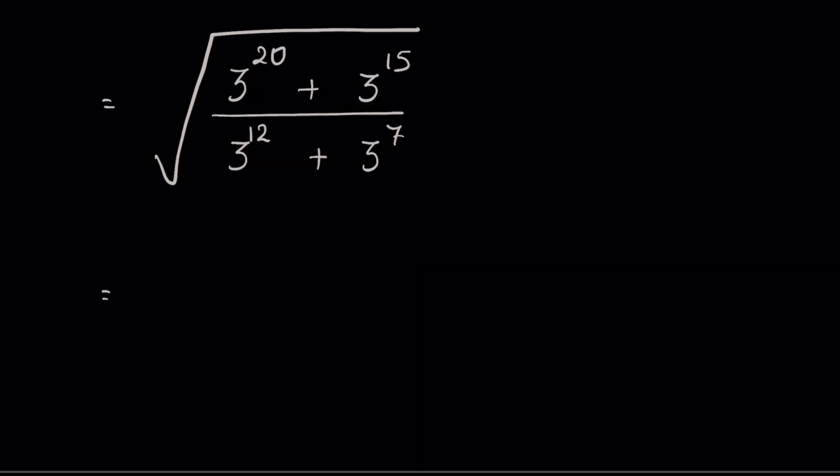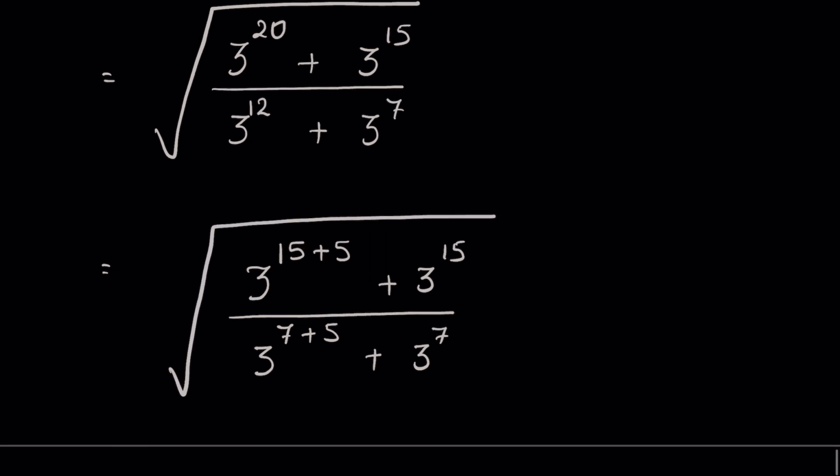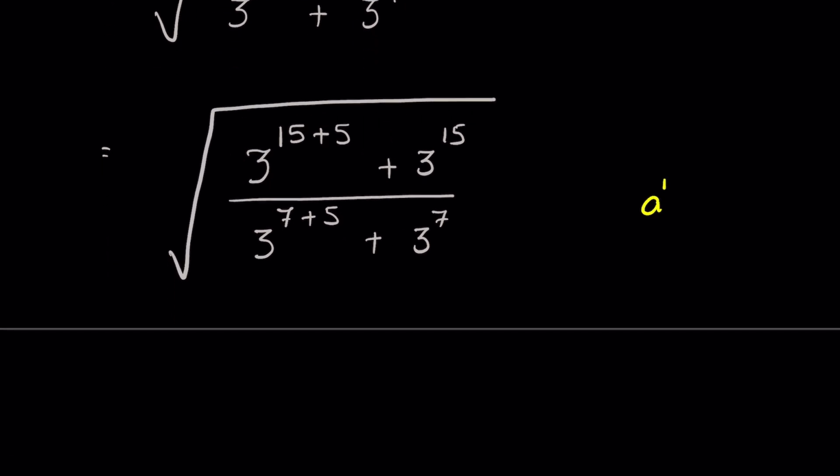Now 3 to the power 20 we can write as 3 to the power 15 plus 5, plus 3 to the power 15 upon 3 to the power 12 as 3 to the power 7 plus 5, plus 3 to the power 7, under square root. Again there is an identity. If a raised to the power m plus n, this is equal to a raised to the power m times a raised to the power n. So this will be